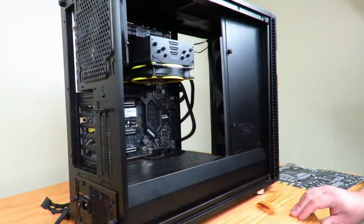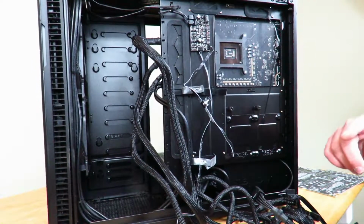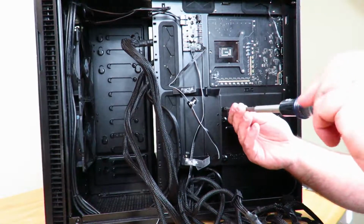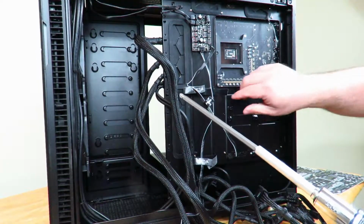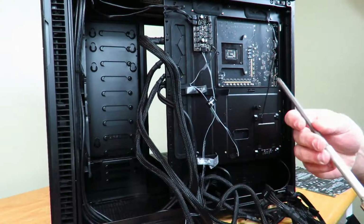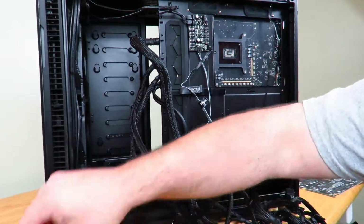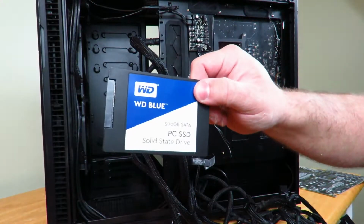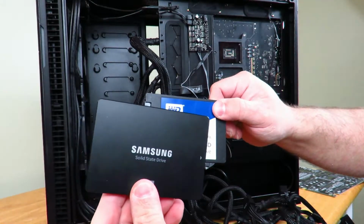All right, so now at this point, we're gonna go ahead and install two SSD drives. So they're going to go on the back here. So I'm gonna go ahead and unscrew this guy. Take the tray out. Then also unscrew this one. So again, we're going to install the WD Blue 500 gig and the Samsung Evo 850 500 gig as well